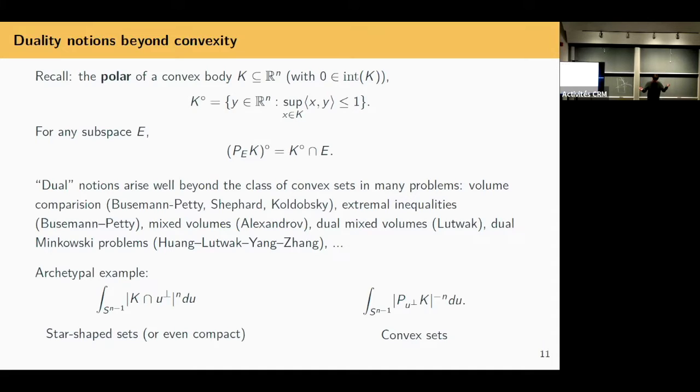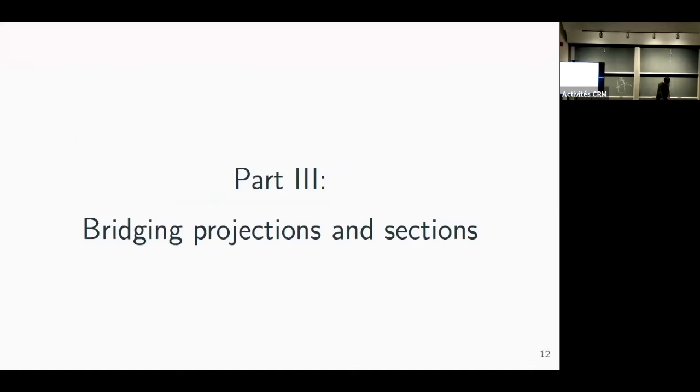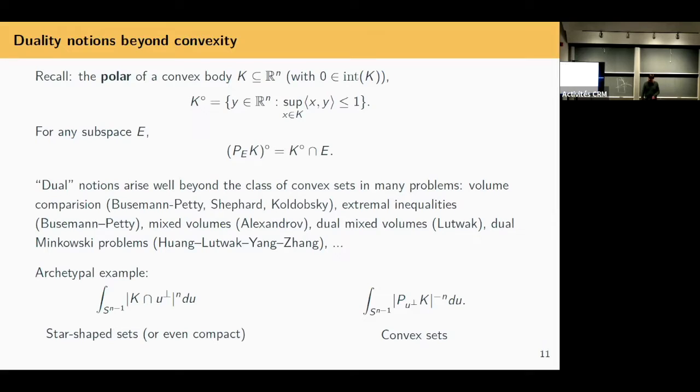Okay, there's sections, there's projections. They formally resemble one another. One is for convex sets, one is for star-shaped sets. Okay, and so let me pause and ask if there are any questions about implications of what I turned from triangles to determinants and transformed those into statements about controlling projections and sections. Any questions?